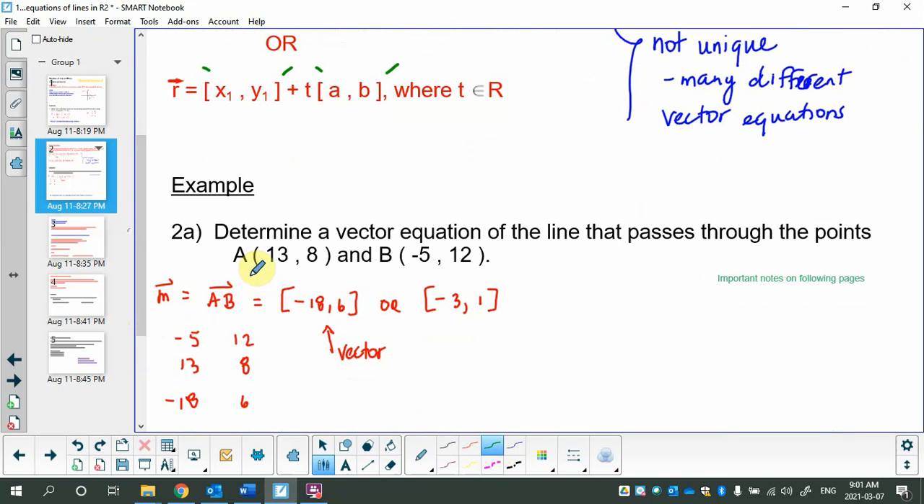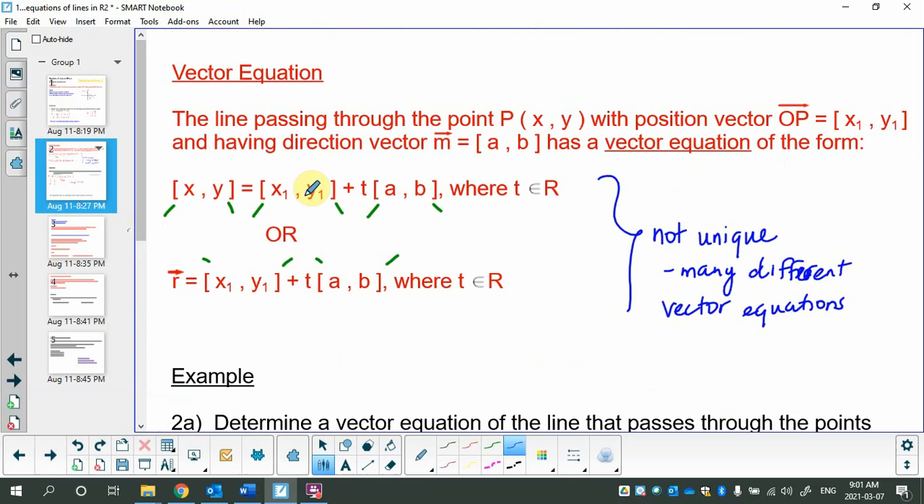So I'm going to use A as my point and make a vector equation. I'm going to do it in blue so it stands out from what I've done. So x comma y equals, I'm picking 13 comma 8, and I realize that 13 comma 8 is a point, and now I'm putting square brackets around it. It is because this is actually O to P, meaning from the point back to 0,